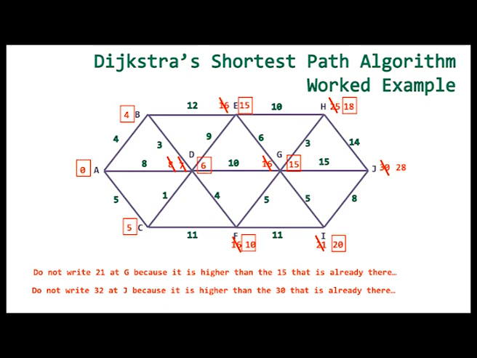So 20 minus 11 does not equal 10, so it doesn't go from I to F. So 20 minus 5 gives us 15. So it goes from J to I to G. 15 minus 5 gives us 10, so it means we must be going to F. 10 minus 4 is 6, so we go to D. 6 minus 1 is 5, so we must be going to C. And then finally up to A. So the path is A, C, D, F, G, I, J.